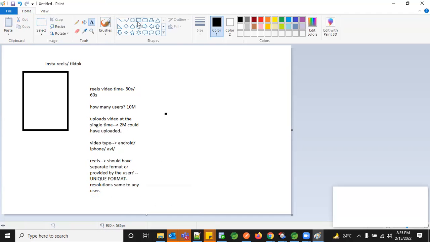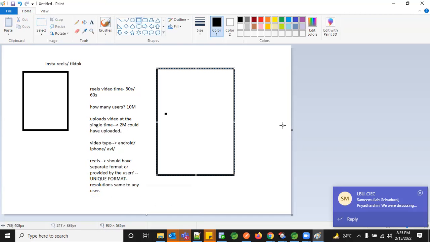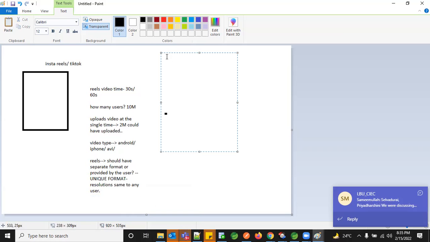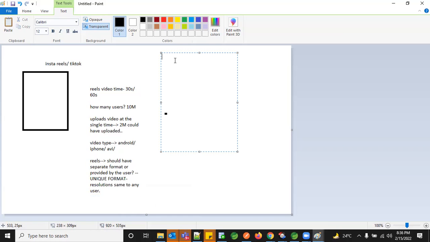Now we'll see another set of use cases. So you saw the initial requirement: the reel is 30 seconds. You know that 2 million users can upload at a single time. You know the video time format. Now it is not Java. Now you're not writing an entire GUI. You're not creating your Instagram page, your Instagram reel section, or the Instagram music. You're not worried about the front end itself. I'm just thinking someone has done the front end already.